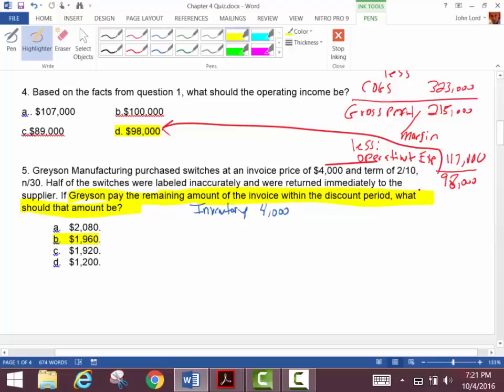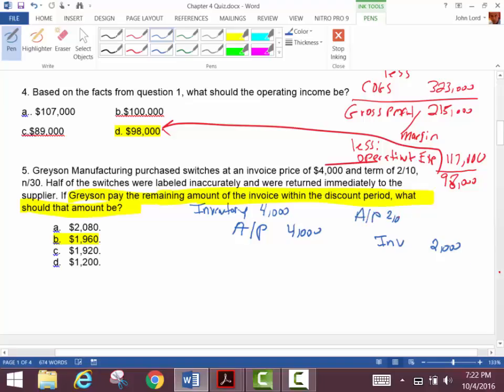So we debit inventory, and we credit accounts payable for how much? Well, for the 4,000. I have to make this journal entry balance when I buy the thing, right? With me so far? And then they tell me I immediately turn around and send half of that stuff back. So if I send half of it back, what do you want me to do here? I'm going to credit inventory for 2,000 because the stuff's coming back, right? Anything else? Debit the AP because I don't have to pay for stuff that I sent back, right?